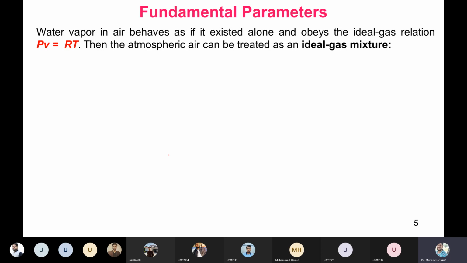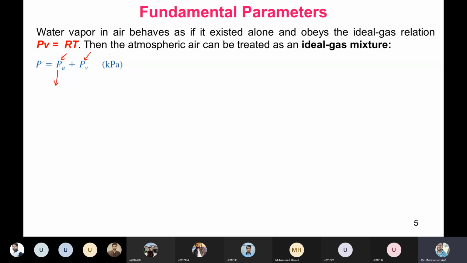Another one is the pressure. Now, the moisture is a combination of the water vapors and dry air. So when we say atmospheric pressure, atmospheric pressure is a combination of the partial pressure of the dry air and partial pressure of the water vapor. So the total atmospheric pressure is a combination of the partial pressure of the dry air and partial pressure of the water vapors. Since we have assumed that water vapors and dry air can be assumed as an ideal gas,